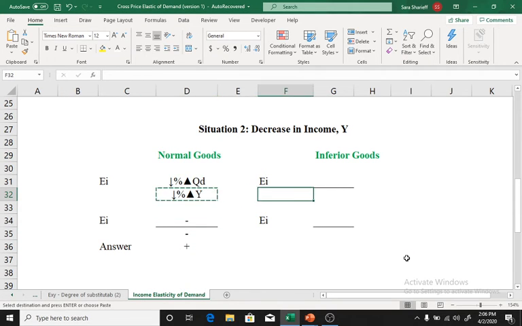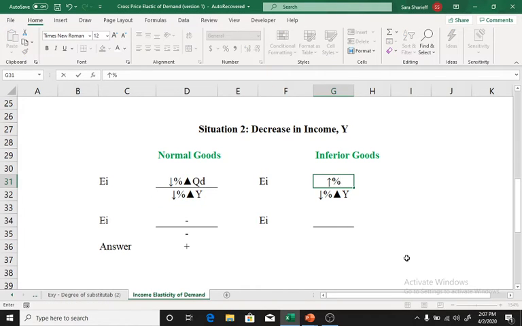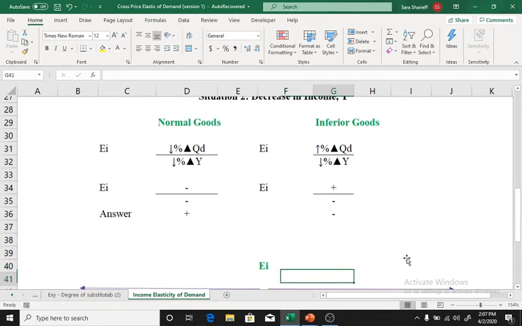In case of inferior good, let's say phi, if there is some percentage increase in income, what will happen to the inferior goods? Demand curve is going to shift right. If your income is decreasing, you might now start traveling by public transport. Your quantity demanded is going to increase. There will be some percentage increase in quantity demanded. A positive number divided by negative number is a negative number. Same conclusion. Inferior goods have a negative income elasticity of demand, right?